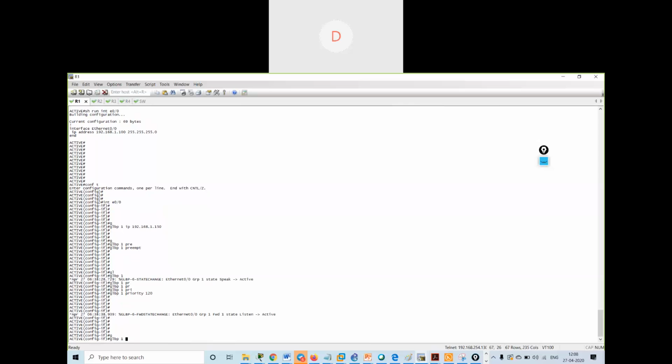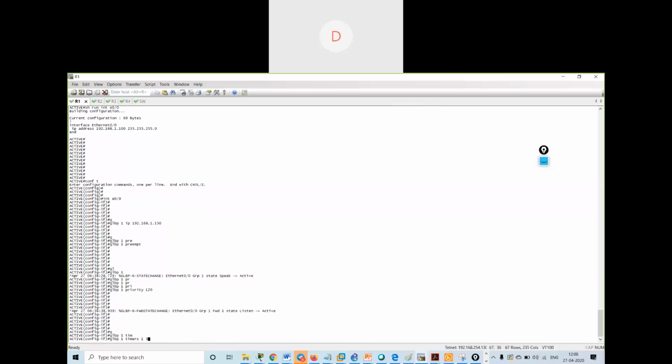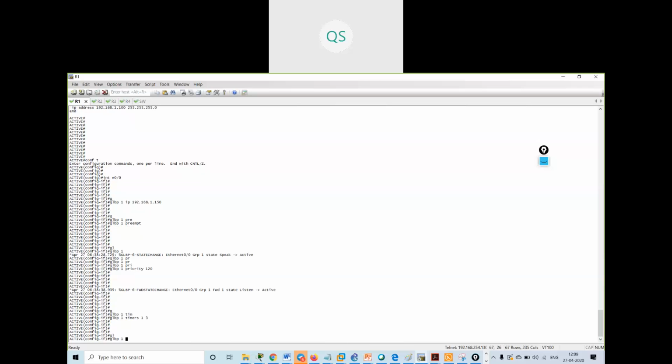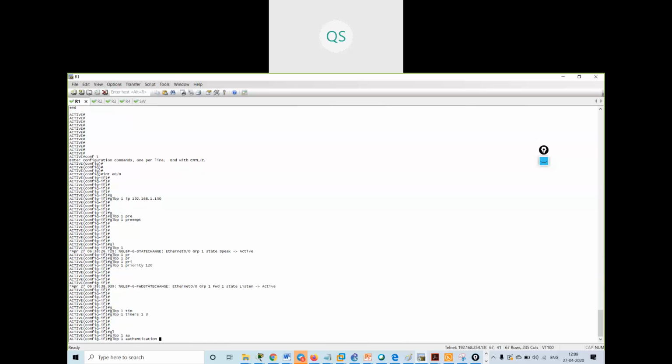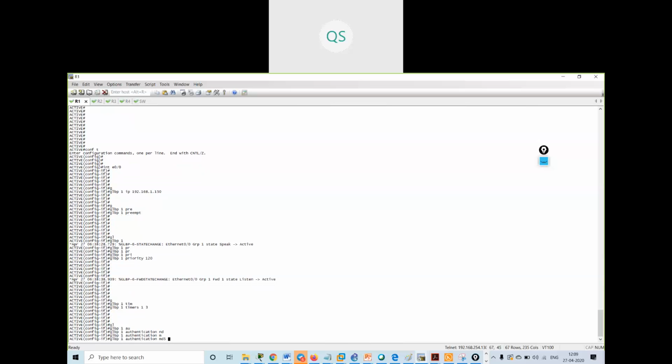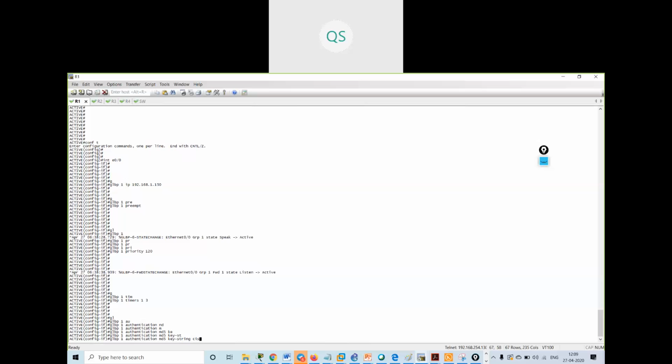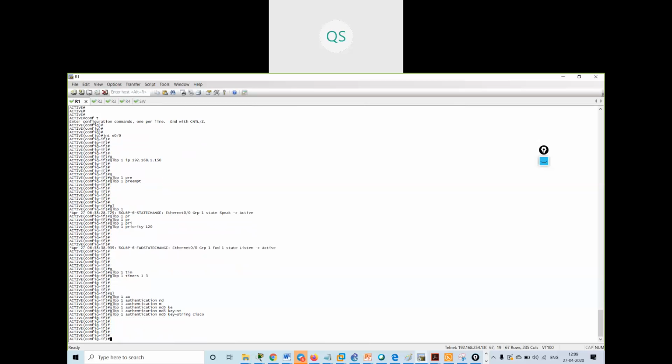GLBP 1 timers 1 and 3. Then I can change the timer. Then GLBP 1 authentication MD5 key-string Cisco.